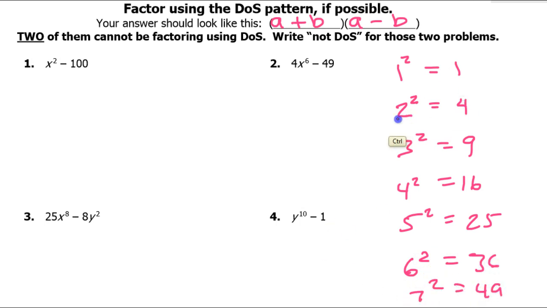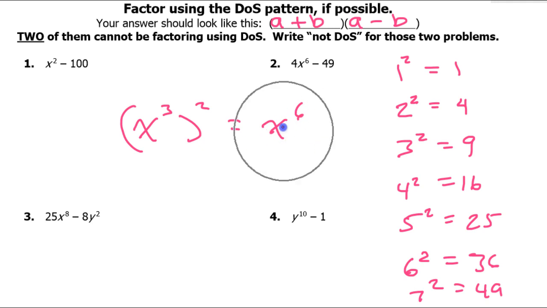Okay? But variables can be squares too. Obviously, if you have x squared, that's a square. But even imagine that I had x to the third power squared. That would be x to the sixth power. So even x to the sixth power, any even power is going to be a square. Okay, so